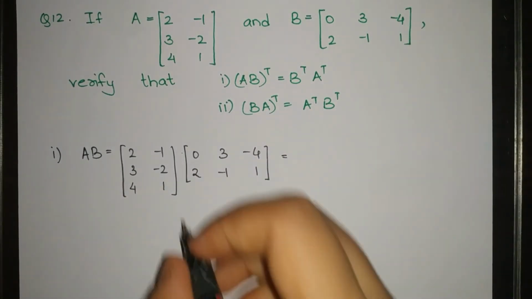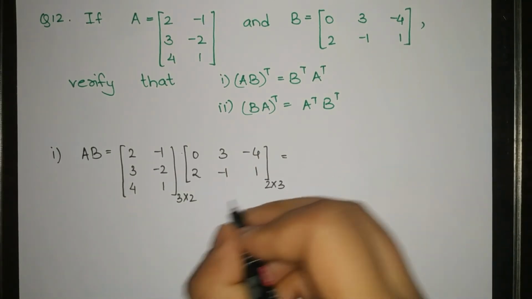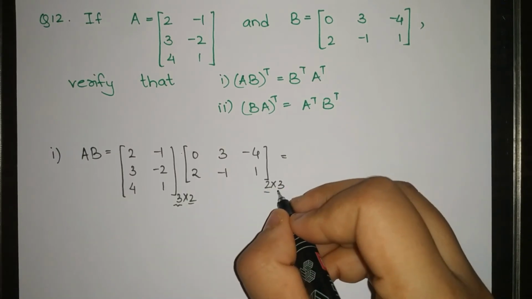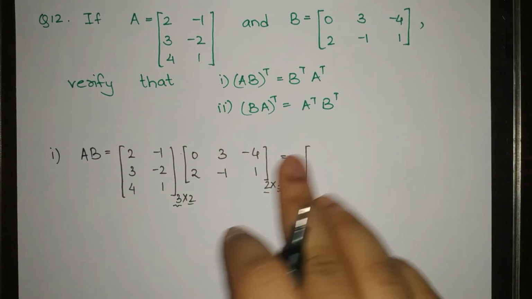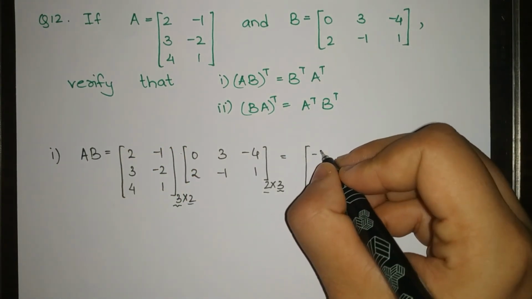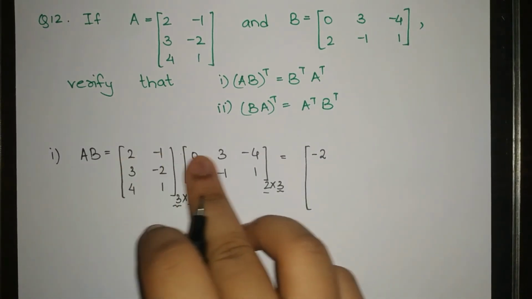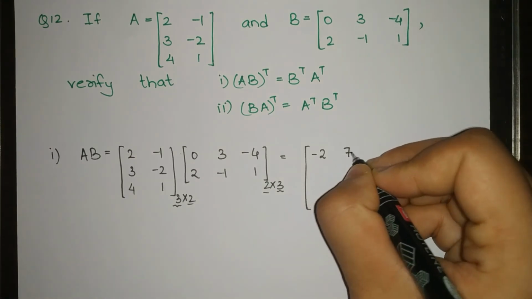Which is equal to, now this is 3 cross 2 and this is 2 cross 3. जब मल्टीप्लाई करेंगे, कर सकते हैं क्योंकि ये 2 और 2 है, मल्टीप्लाई करेंगे तो अब 3 क्रॉस 3 मैट्रिक्स आएगा. ठीक है, फर्स्ट एलिमेंट इज फर्स्ट रो इनटू फर्स्ट कॉलम, दैट इज 0 -2. आई एम डूइंग इट डायरेक्टली. ओके, नाउ सेकेंड विल बी दिस इनटू दिस, सो दैट इज 6 + 1 विच इज 7.